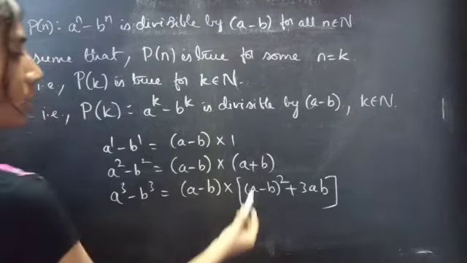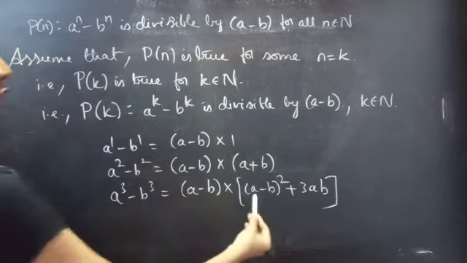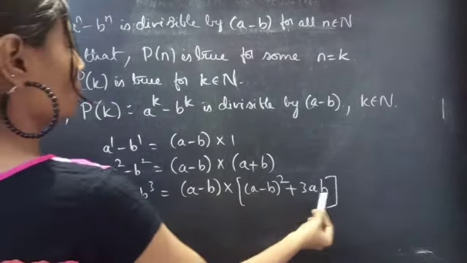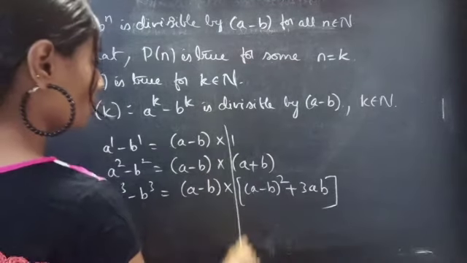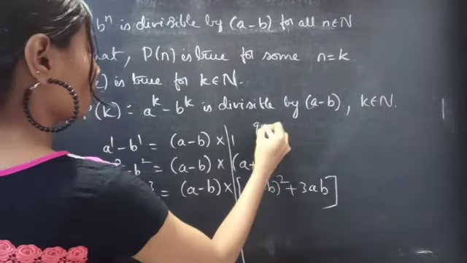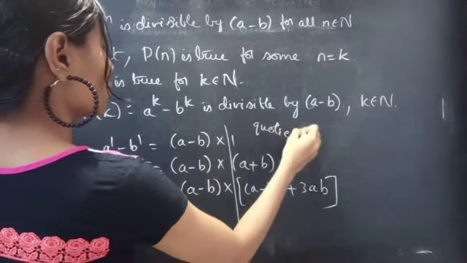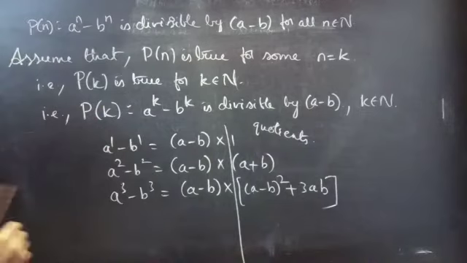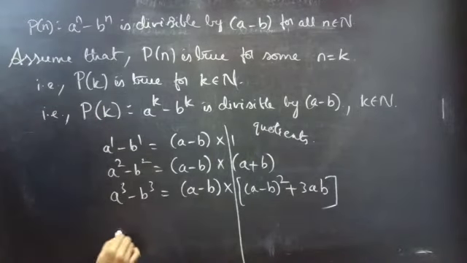Here 1 is a quotient, a plus b is also a quotient, a minus b whole square plus 3ab is also a quotient. So all these expressions are quotients, right? Then for n equals k also, we'll get